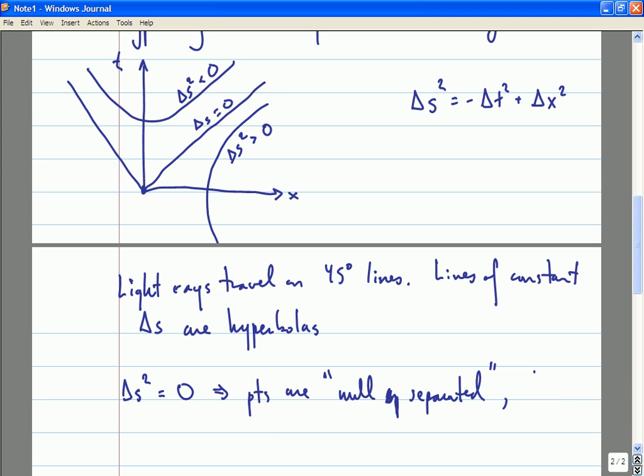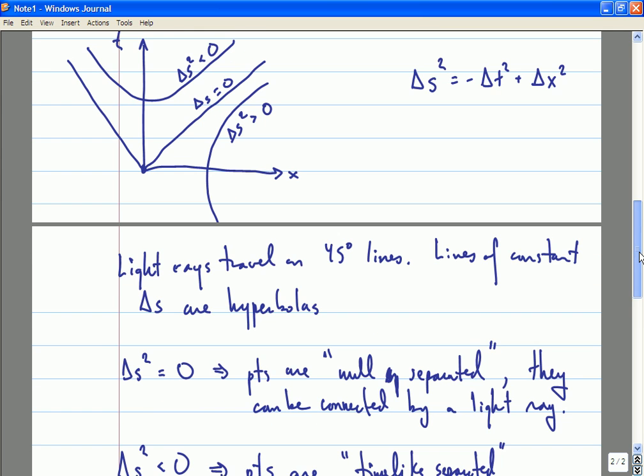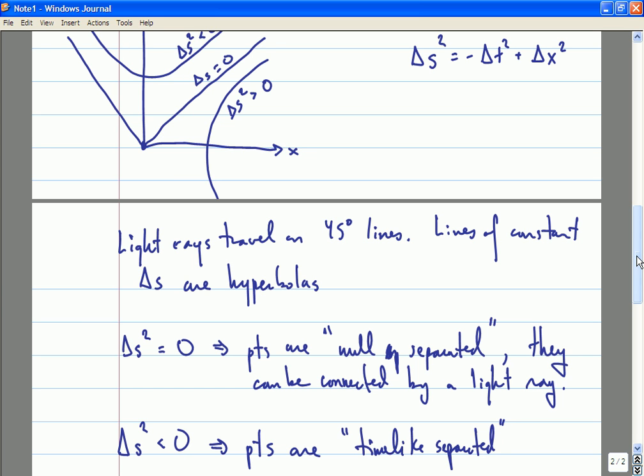Meaning that these two points can be connected by a light ray, whereas if delta s squared is less than 0, we say that the points are time-like separated. So on this diagram up here, the points where delta s squared is less than 0 are given by this